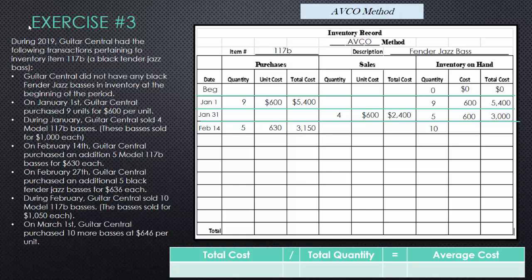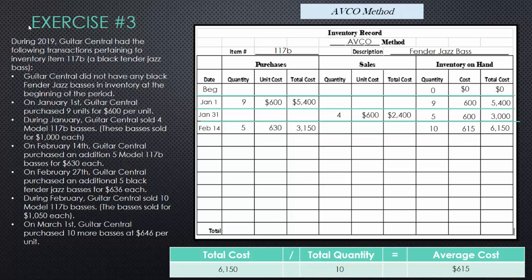We just spent another $3,150, so we have $6,150 in costs for our Model 117B Fender Jazz basses. So to figure out our new average cost of our inventory on hand, we take our new total cost divided by our new quantity. $615 is going to be our unit cost for our Fender Jazz basses that we have on hand after this